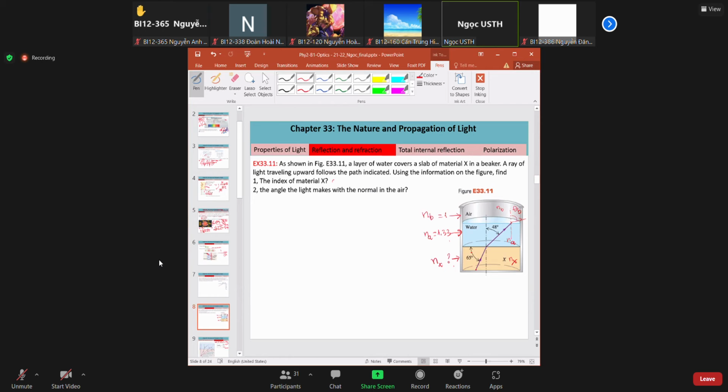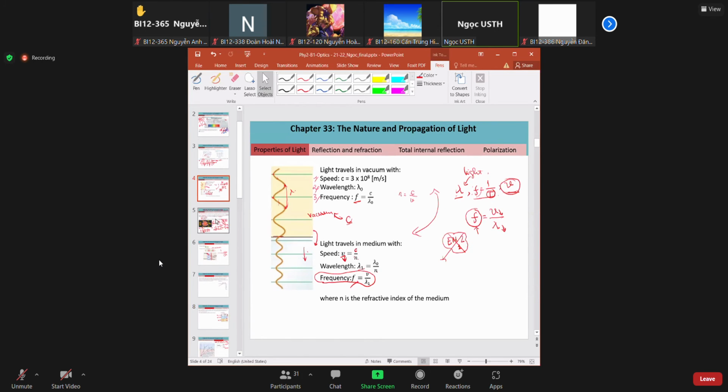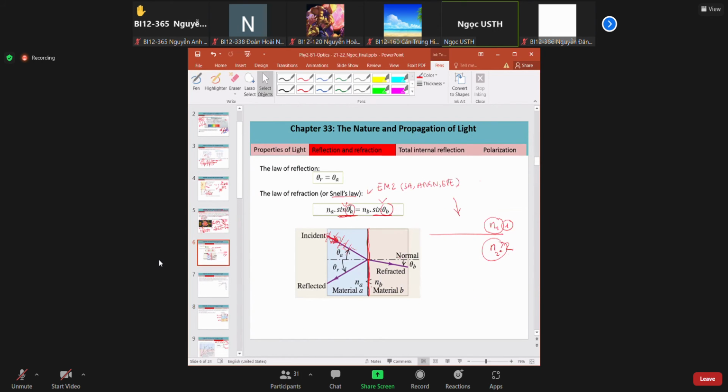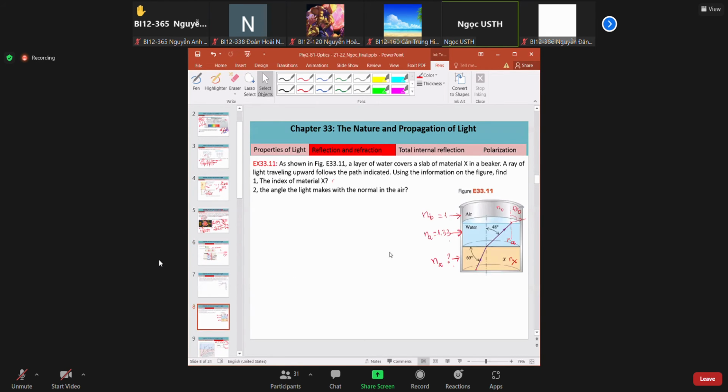But you see, we can determine the angle here. But keep in mind, as I explained before, the angle we determine here should be the angle between the rays and the normal. The ray can be the incidence ray, reflected wave, or refracted wave. Because here in the figure, they have a trick, right? Here is the normal, but the 65 degree here is not the right angle. The right angle should be like this, okay? So,